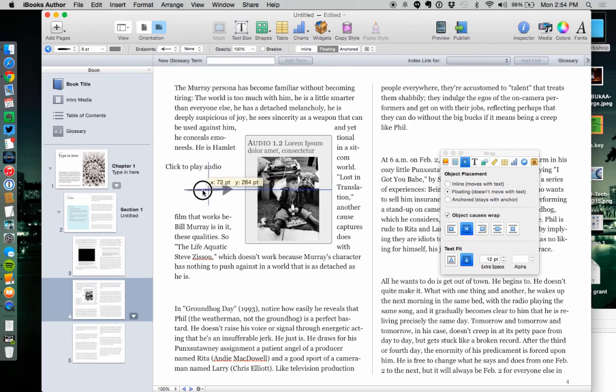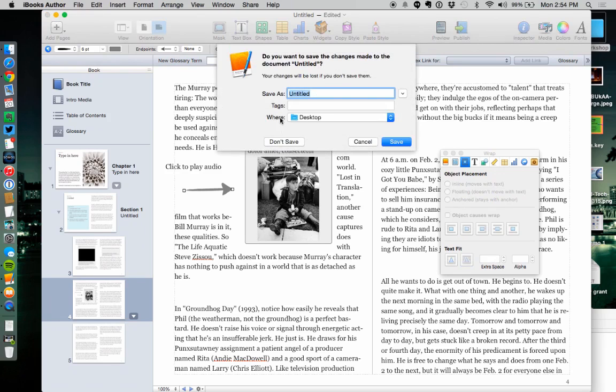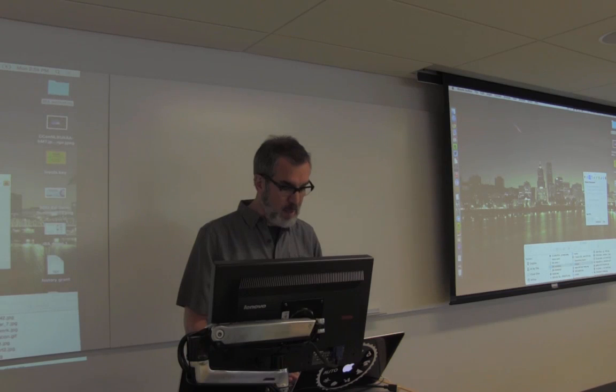So there's lots of things like that, and you're starting to get into some of the questions as to the style and the look and so forth. By the way, each of these templates has with it kind of a look. So this is the most bare bones template. Okay, so if I close this file and I don't save it,